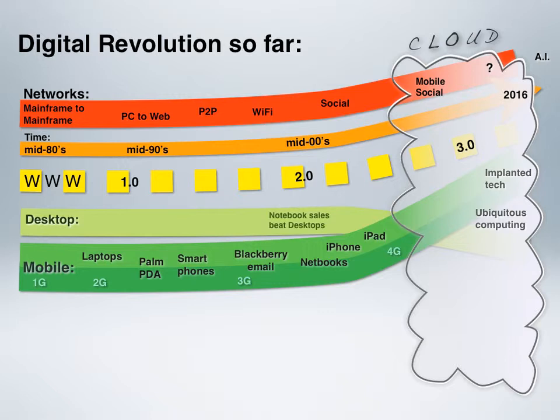And, of course, now we have 4G, which is pretty much as good as many fixed broadband lines and cable internet. You can also see the history of the more mobile computers there, from the early laptops, early personal digital assistants like the Palm PDA,